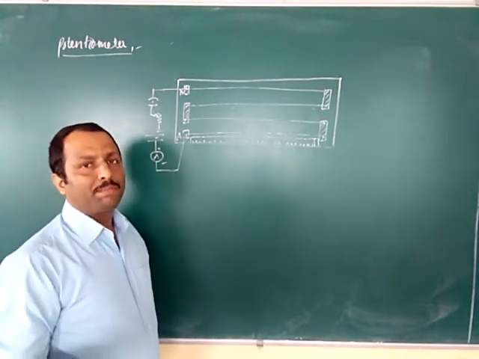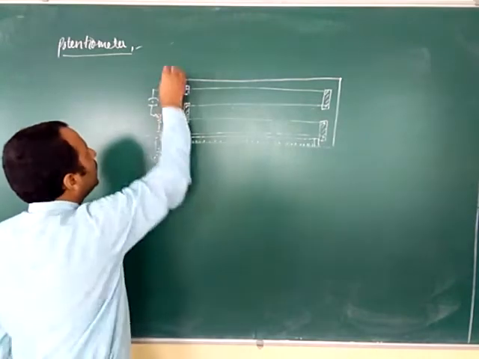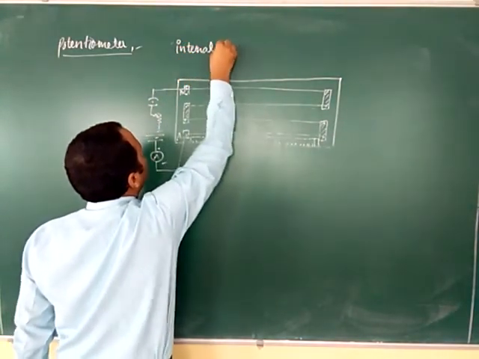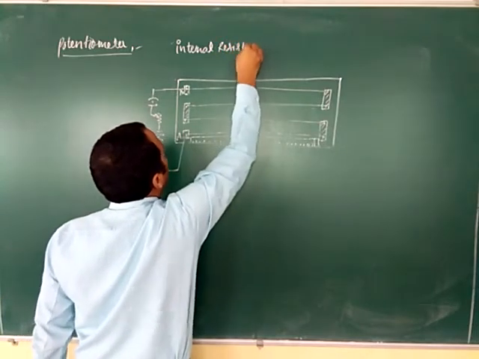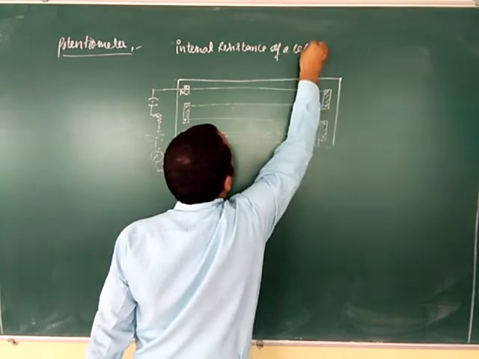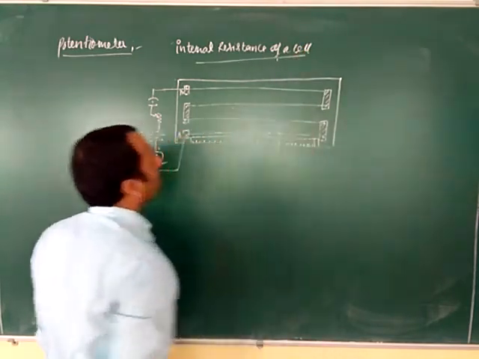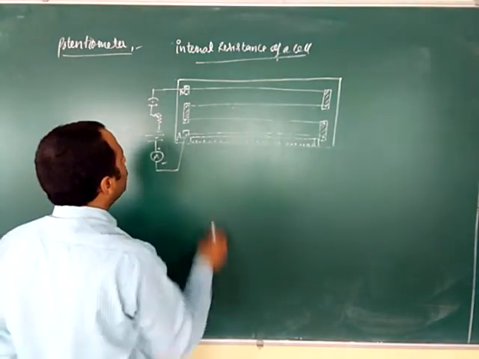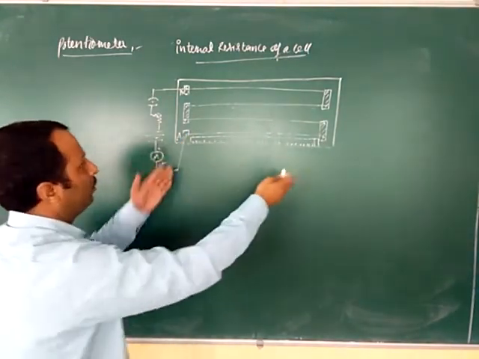Now the next application is to find out the internal resistance of a cell. Application is to find out the internal resistance of a cell here. So as we have said that potentiometer